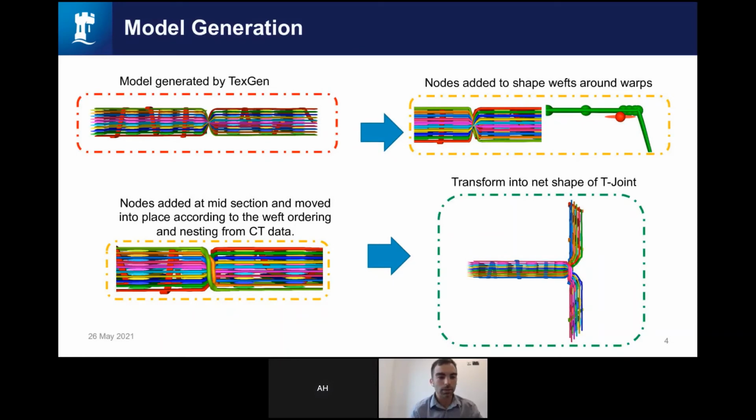So the process of model generation is that a Python script using the TextGen functions produces this flat woven model. And so some work still needs to be done to be able to finally produce a good geometry for finite element analysis. So first, nodes are needed to shape the weft yarns around the warp yarns, as you can see here. And again, more nodes are needed at the midsection and moved into place according to the weft ordering information we've gained from the previous slide,